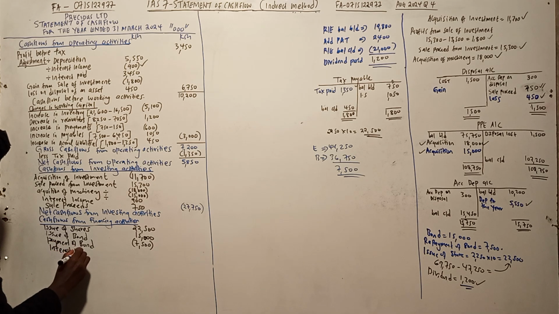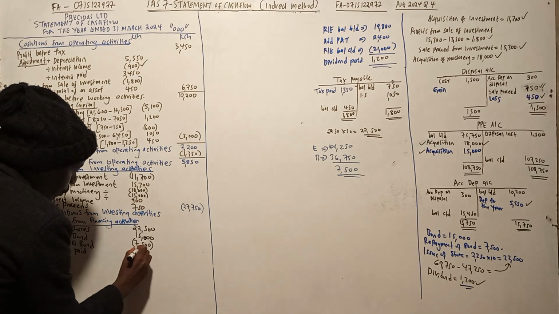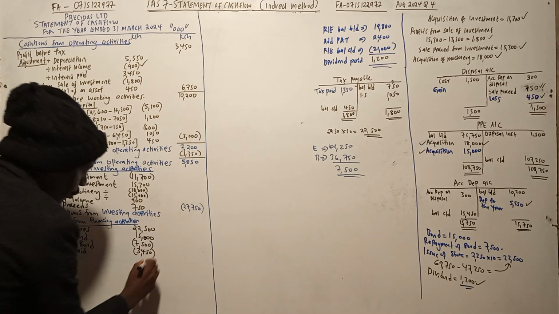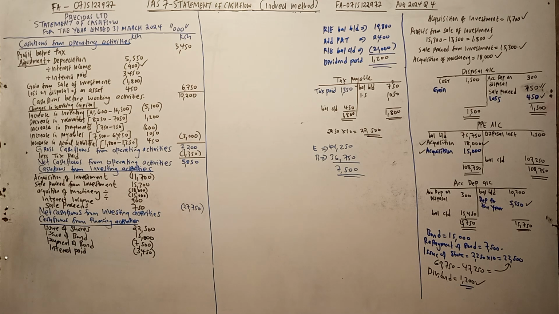Interest paid requires 3450. That is money out. We consider the interest paid. So tumeshafanya hiyo. Okay, I think the last item to consider,